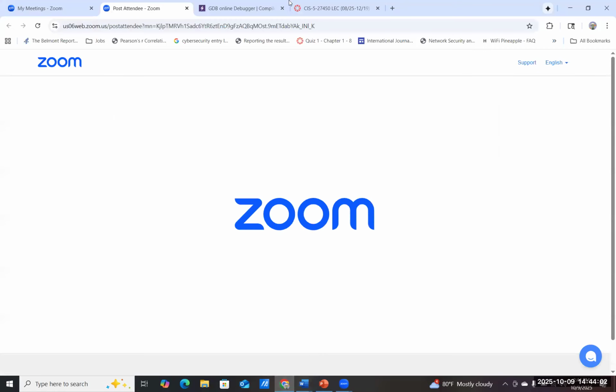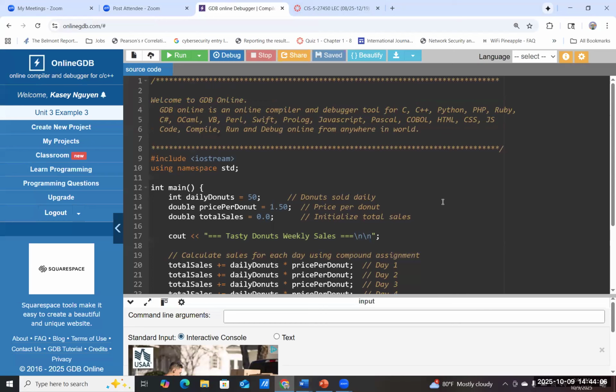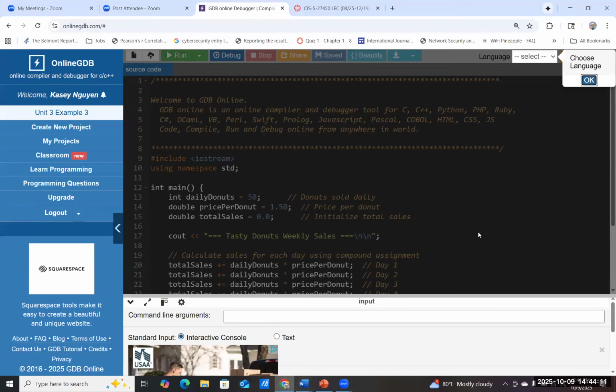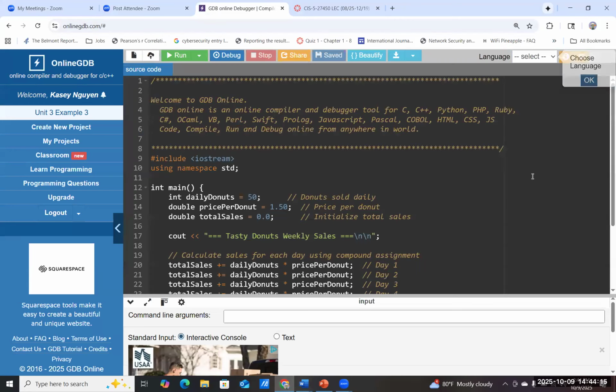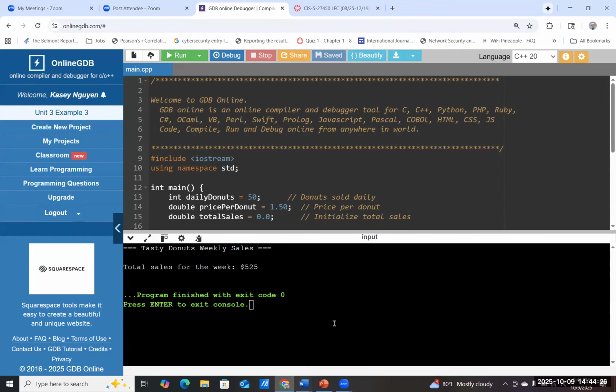Okay, I had this on my online compiler. I'm just going to run it so you can see. Oh, sorry, I forgot to select my language. Okay. Let's pull this up because my Zoom is blocking it. Okay, it shows that Tasty Donuts makes